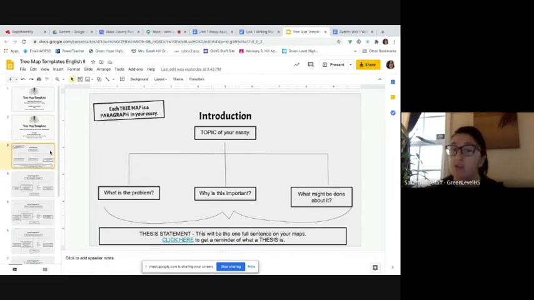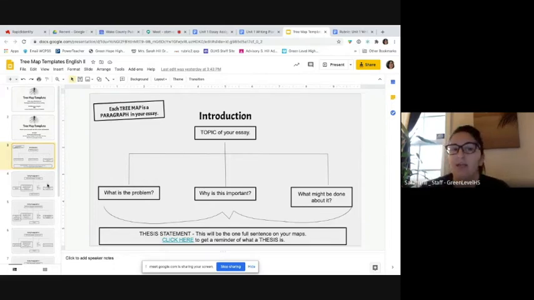If you don't remember what a thesis statement is, you can click on that little link there, and that will give you the reminder. But guess what? I'm going to tell you right now too. A thesis statement is one sentence that wraps up basically everything that you're going to be talking about in your paper. It has the main point of why you're writing this informative essay.